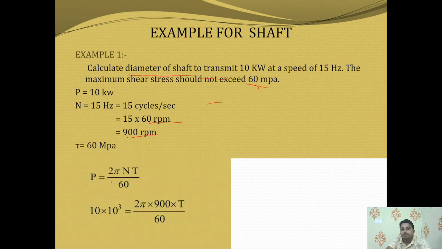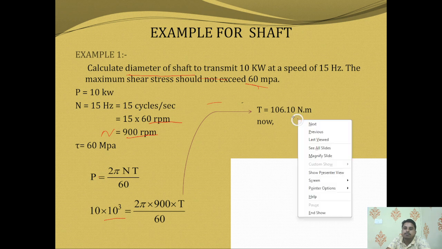Now, if we remember the power formula, then P is equal to 2 pi N T divided by 60. Here P is 10 kilowatt, but we are dealing with Newton per meter or millimeter. Let us take Newton per meter. So 10 into 10 to the power 3 is equal to 2 pi into N, where N is 900, into T divided by 60. Since we are dealing with Newton per meter, we multiply by 10 to the power 3. If we were dealing with Newton per millimeter, then we would have to multiply by 10 to the power 6. From this equation, we can have T is equal to 106.10